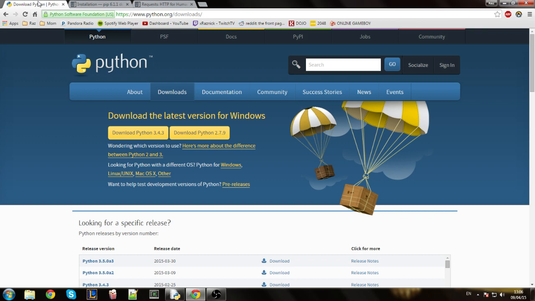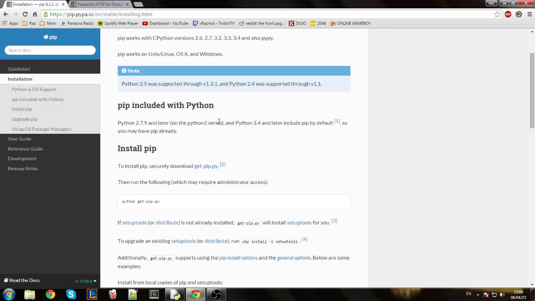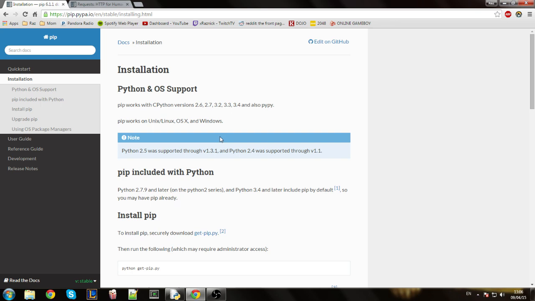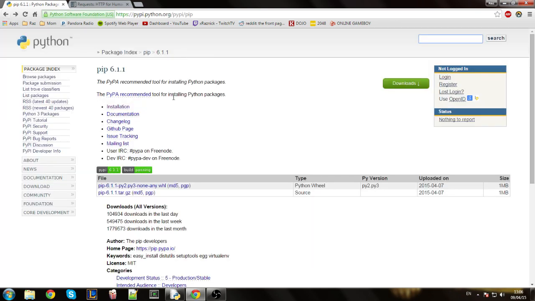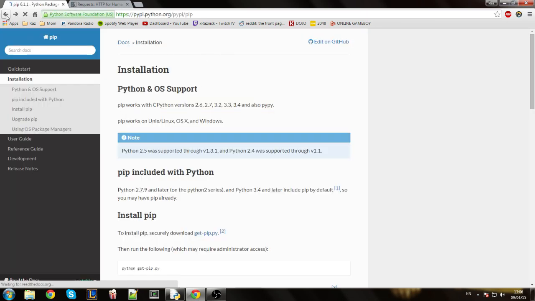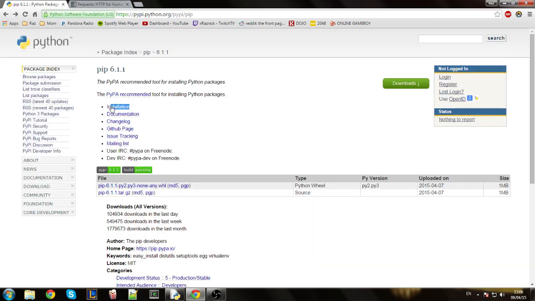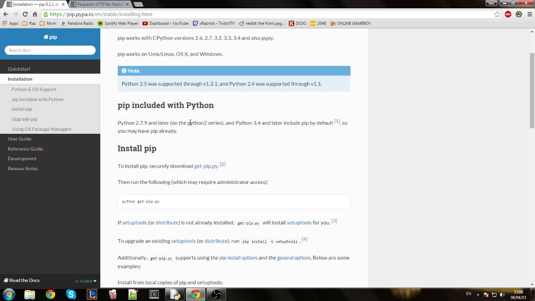After you download Python, you will need to download pip. Pip is a great tool that helps us to install modules to our source code. This is the main page. Just write pip python on Google or python pip and click on the first result, then go to installation. Installation is right here if you didn't see. It has a great guide on how to install pip, but actually you have to download getpip.py